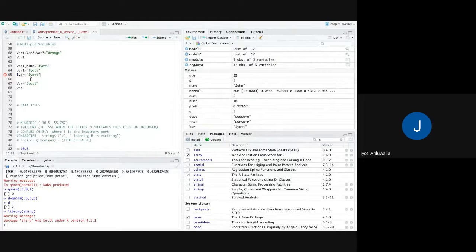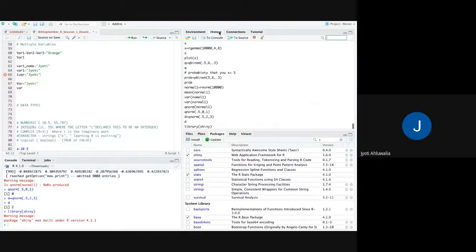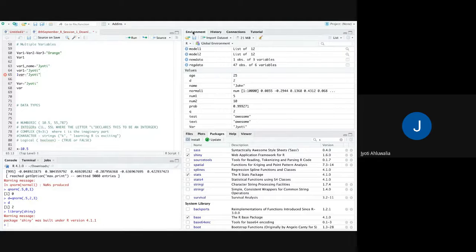History also comes in, whatever you do. And in the environment, you have global variables and other variables. Global variables means that a variable once defined can be used in more than one program, not just in a single program. A lot of times we do not define global variables because we might define x as something, and then in the other program we might define x as some other thing. So we do not define a lot of global variables. As we go forward, you will understand where the application of global variables is.